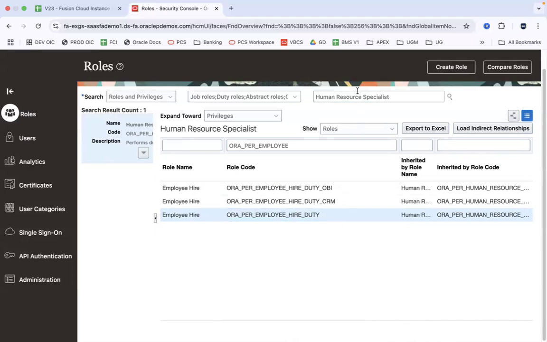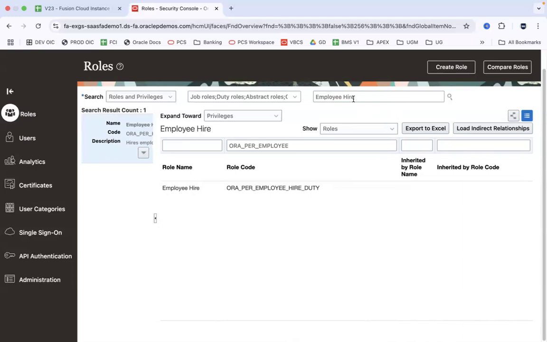so for a job role, you have a lot of duty roles assigned. Now, if I go ahead and search for that duty role, now, when you look at the job role definition,